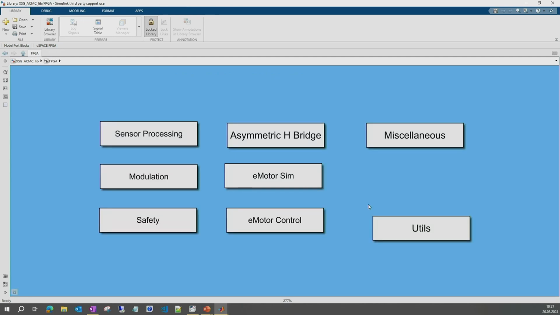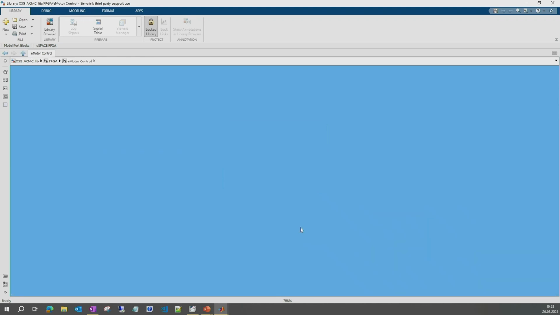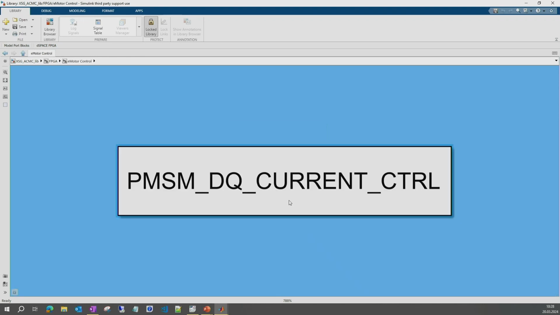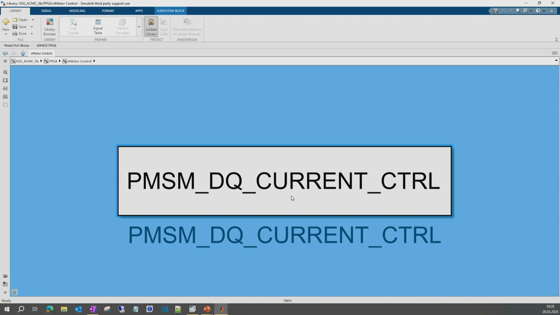When we click on FPGA, we can find all the functions that are provided by this library. In case I want to implement a controller in my working project, I click on controller and I see here a PMSM DQ current controller.